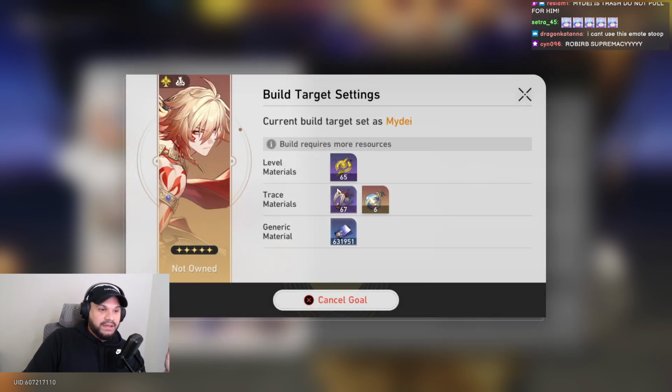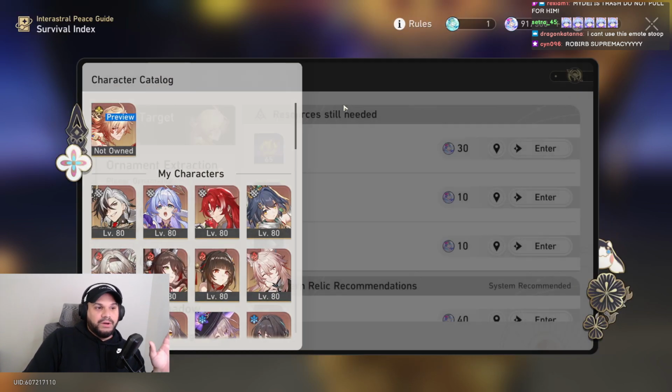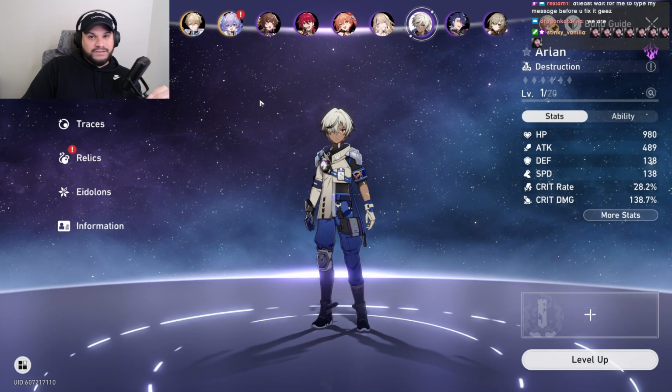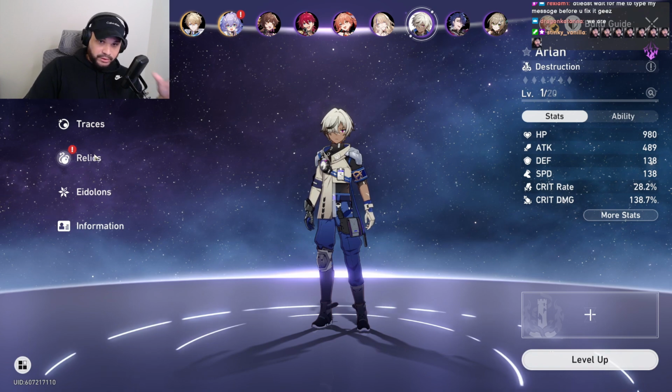I need 6 of those. These I'm in the process of getting, and these I'm going to get to when I clear the story. But essentially, we don't have to harp too much on this part because the game kind of tells you what you need to farm. So that's that. All right, let's go ahead and talk about the fun stuff, which is the build and what relic sets and